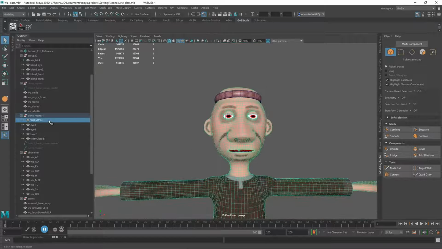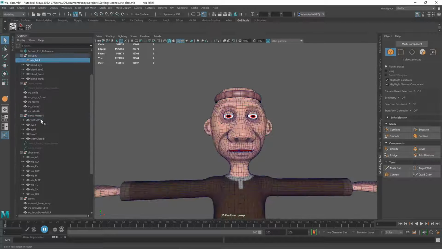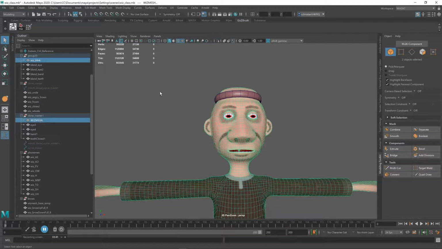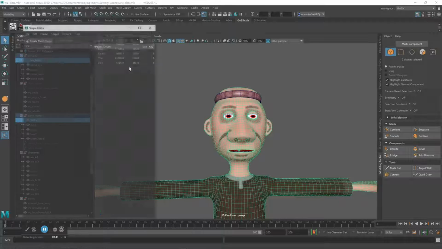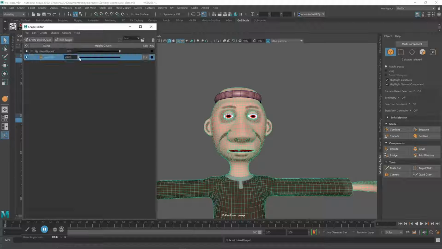I am going to select the blink, and I'm going to select the Wiz Mesh. Windows, Animation Editor, Shape Editor, create blend shape. So let's say I just want them to blink on one side, or to create the shape that would allow it to blink on one side, to be more specific. The way I would do that,